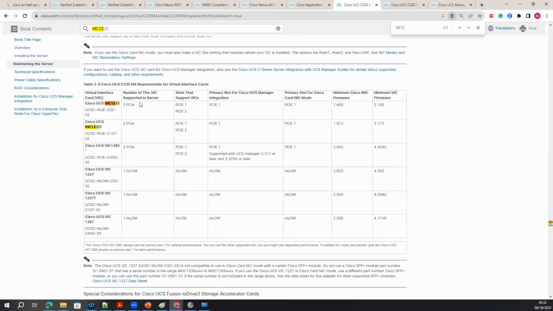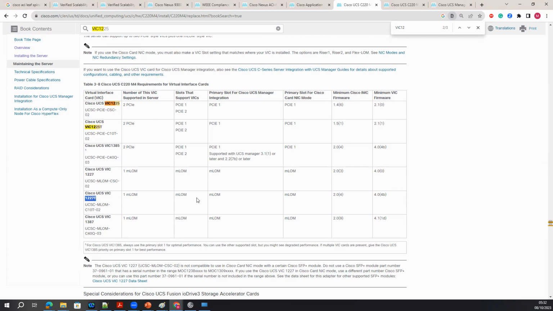Look here. M4 supports these cards. Either you can go with the 1225T, 1225, a different 1385, and a 1227, 1227T.